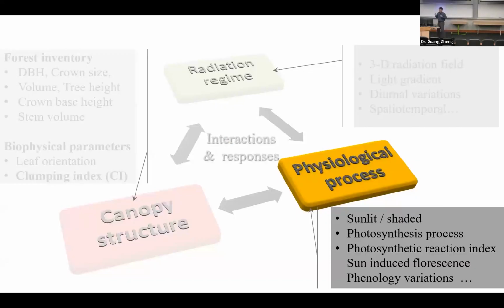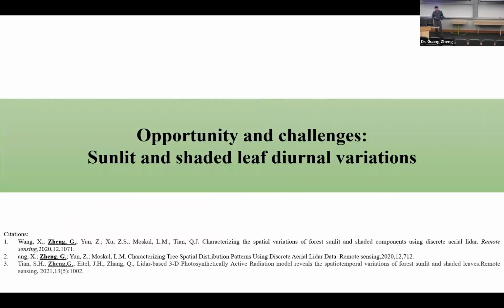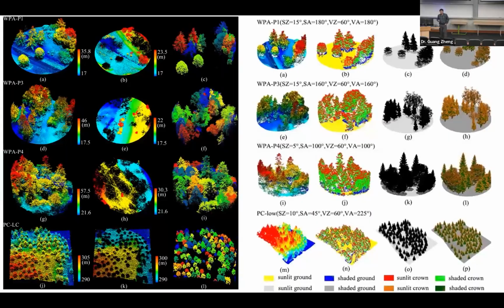Okay, let's move to the third cornerstone, the physiological process, because we know photosynthesis is very important. For the leaves, some can be illuminated by sunlight, and the others will not. The reason we care about sunlit and shaded leaves is that they have different rates for the photosynthesis process. So based on the three-dimensional information characterized by the Lidar data, we can get